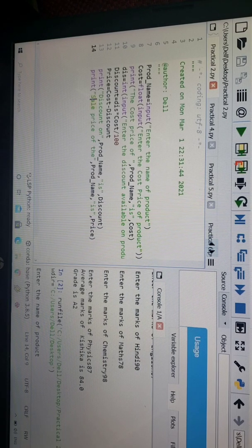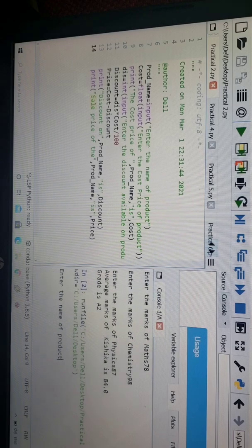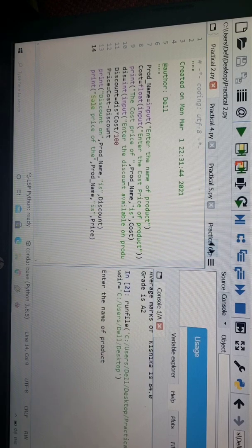So here it is asking me about the name of the product. So here I'm entering air conditioner, cost price 50,000,